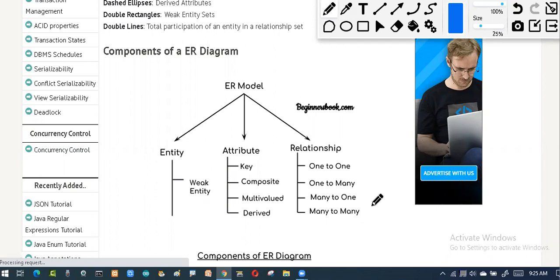Now coming to the entity, under that we have something called a weak entity. That means an entity that depends on another is called a weak entity. So you have to remember what you mean by weak entity. That means we have two different entities, and one entity depends on the other entity. For example, say I have purchased a laptop on loan. So for that I'll be paying an EMI. When I say EMI, it is nothing but an installment.